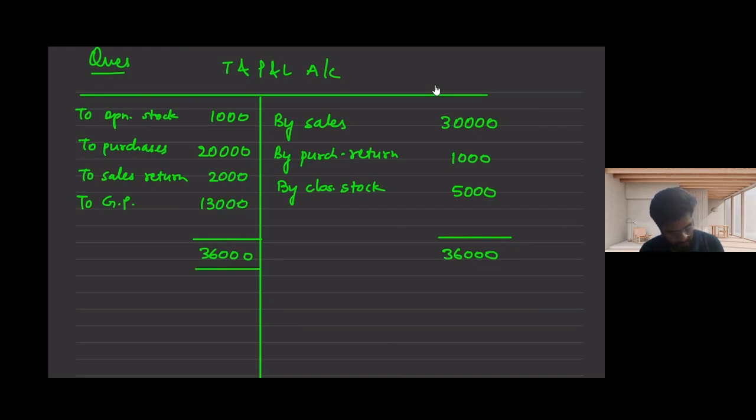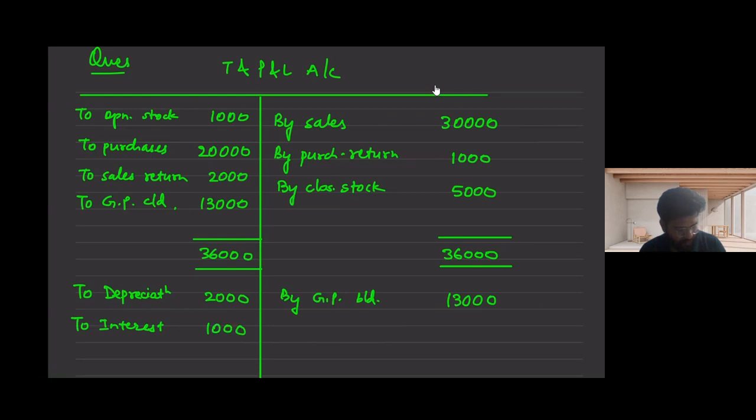This will be carried down, and here by gross profit brought down 13,000 to depreciation 2,000 to interest 1,000 to other expenses 5,000